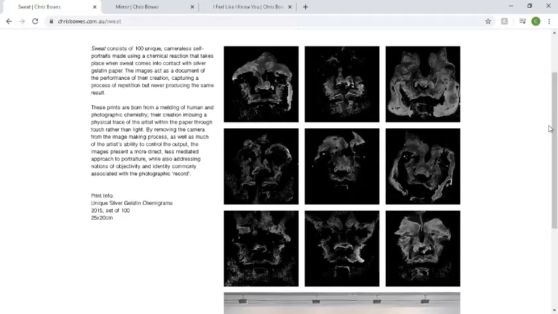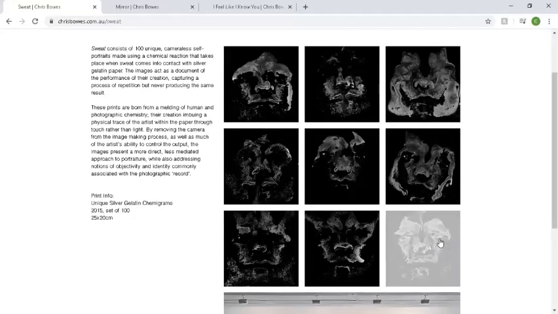And what I did was I went into the darkroom, I got sweaty by doing push-ups, sit-ups, star jumps, all sorts of different things, and then I held the silver gelatin paper against my face. And what happened was my sweat reacted with the chemistry of the paper and left these abstract impressions of my face behind. And I did this a number of times, and every time you do it, you get a different